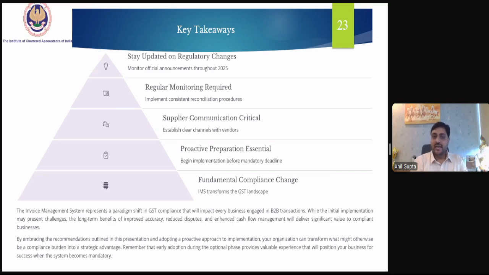So what are the key takeaways from the IMS? Taxpayer has to stay updated on any regulatory changes, officially monitor the announcements throughout 2025, regularly monitoring required, implement consistent reconciliation procedures, establish a communication channel with the supplier.